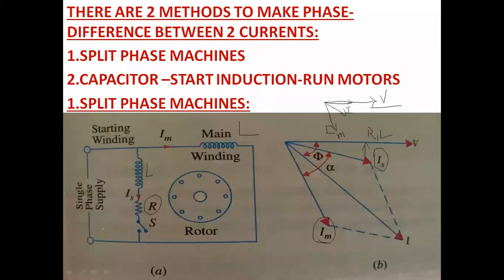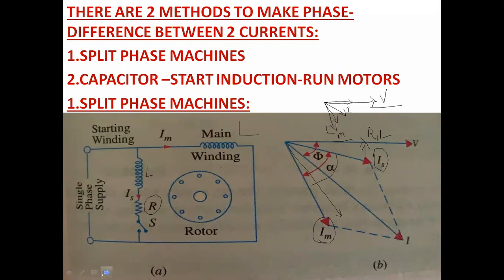So what is the meaning of putting R here? To make the phase difference. If you do not put the R here, what happens? IS will also be located like here, nearer to IM, right? Depending upon the inductive nature, IS will also be located somewhere here. As we are putting R here, what happens? It will be approaching the in phase nature. So it is nearer to the V.